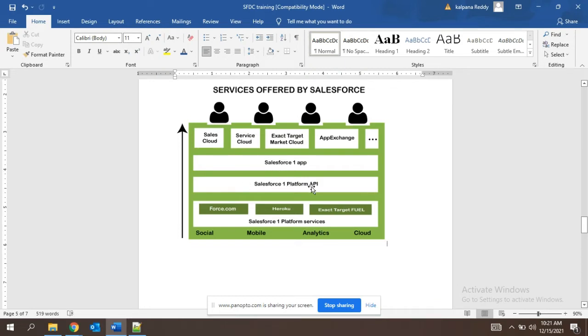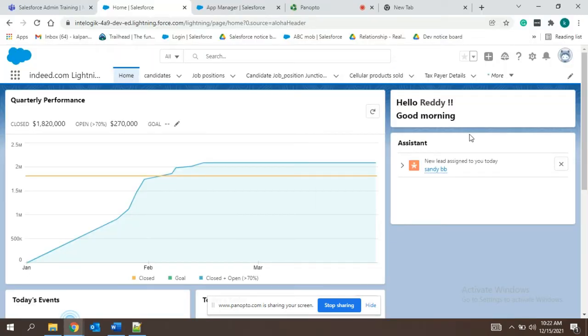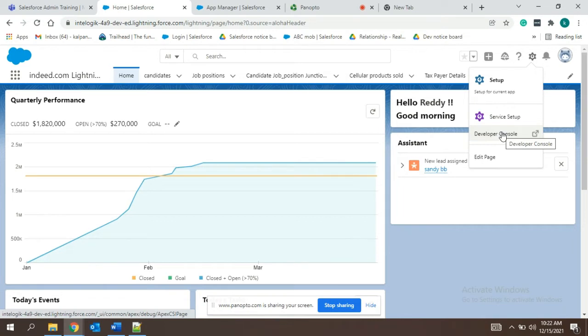So what is this Salesforce platform, that is Force.com, and how will we be able to see it? There is one advantage in Salesforce: along with the application we also get the platform to customize our application and make it look better, or based on the requirements of the clients.